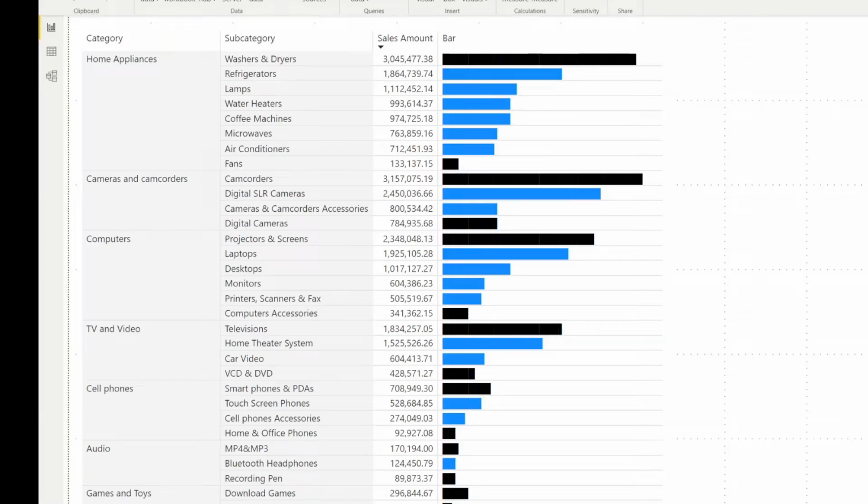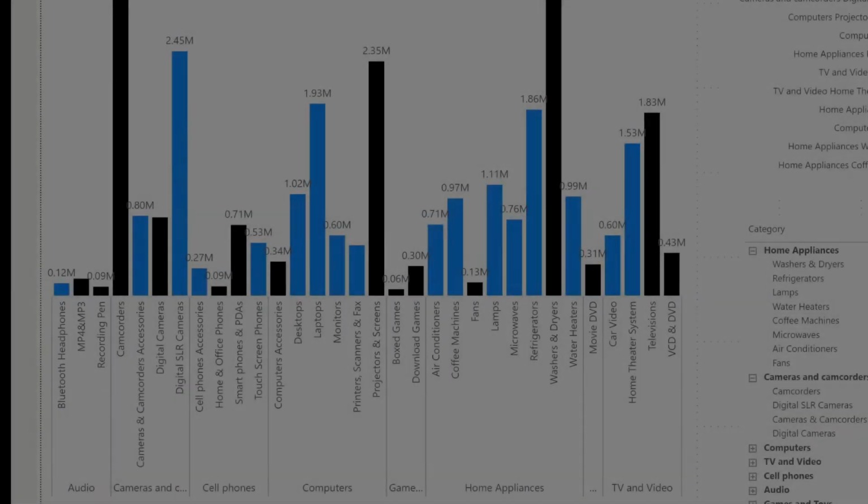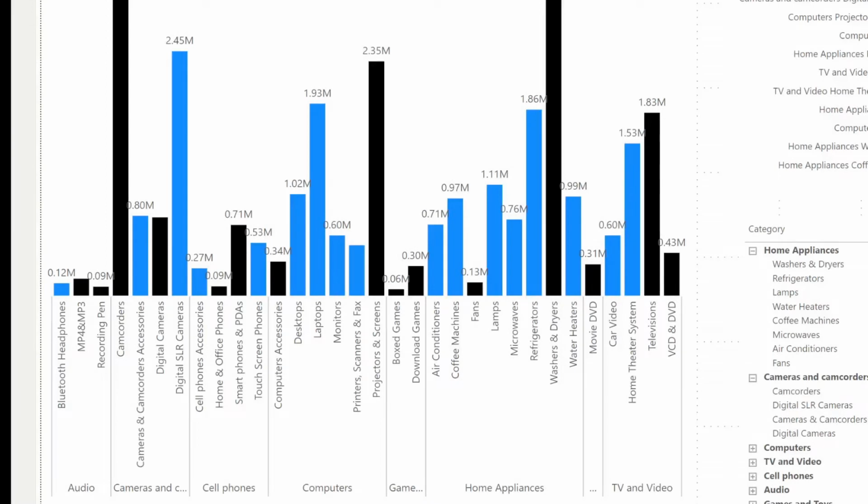Hi, welcome back. Today we are going to talk about conditionally formatting the matrix data bar visual. Isn't it amazing that we're able to do this? Let's check it out. We have a concept of hierarchical x-axis label in the vertical column chart, which we can